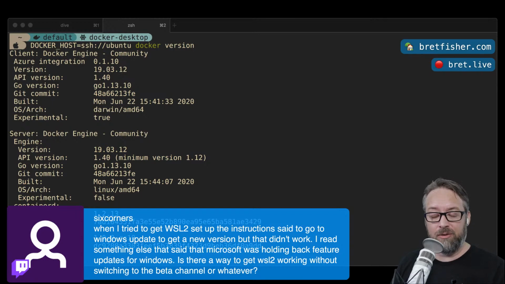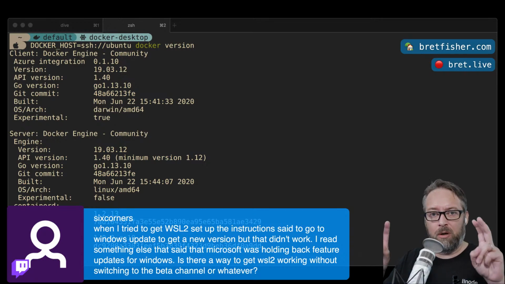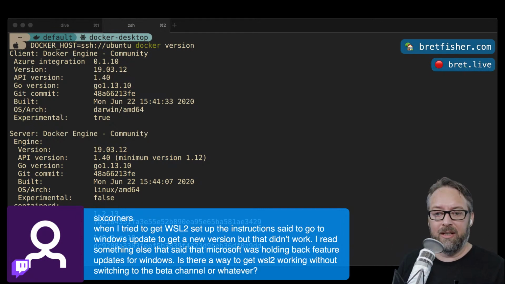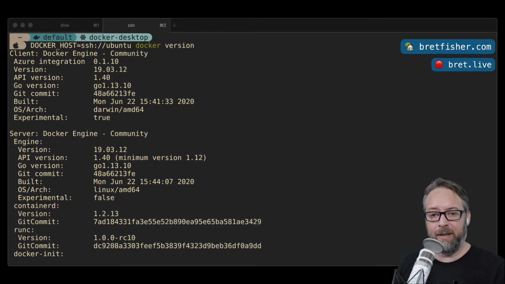Yes. The 2004 patch is a release version. It has nothing to do with the Insider. It came out in late May, right around DockerCon at the end of May. The 2004 update release for Windows is out, and all you need to do is install that. You don't have to be on beta, because I installed it on my Windows machine that's not running Insider